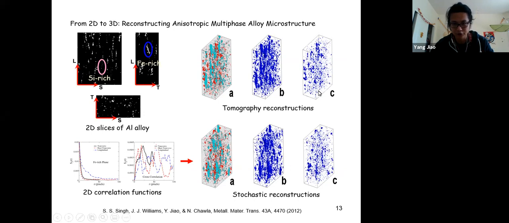And these are actually from the real material. So we use tomography to image the shape and size of